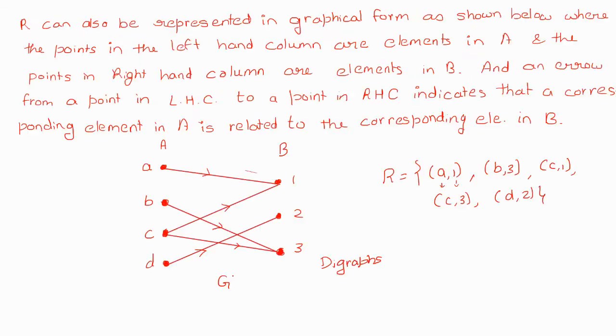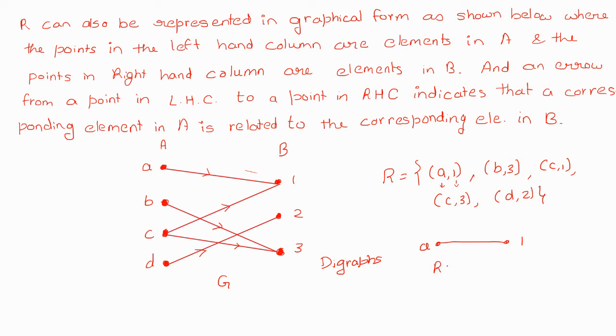Okay, that's what I said already. Since we can make out that arrow, that edge goes from A to 1. If there was a 1 here and just a straight line with no direction, we couldn't have found out whether A is related to 1 or 1 is related to A, or what it is.